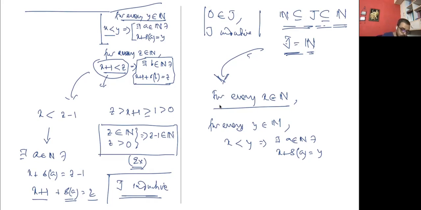One consequence of this would be that if x and y are in n and x less than y, then